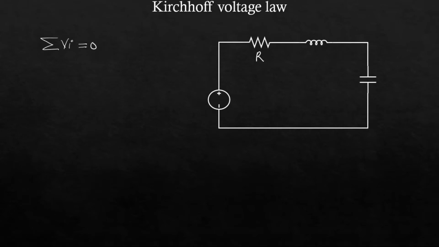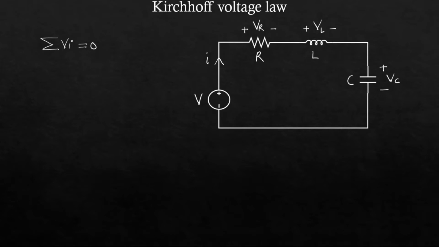This is a resistance R, this is an inductor L, this is a capacitor C. This is a battery of voltage V and the current flowing is I. According to the current, the voltage drop in the resistor is VR, in the inductor is VL, and in the capacitor is VC. This is the voltage drop across the elements.